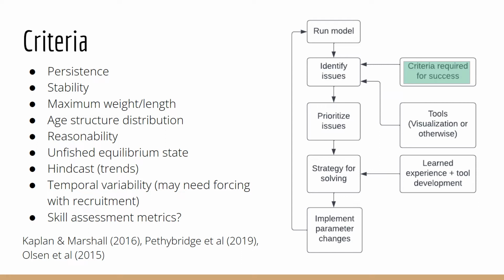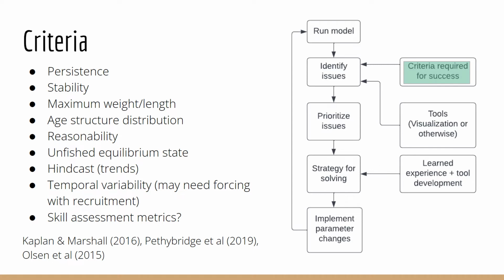So really, each compartment in this flowchart is by itself a complex set of decisions. We've briefly discussed some of the criteria mentioned earlier in the Kaplan paper. However, at this stage in the process, we need to define them for model success. So how are we defining persistence, how are we defining stability, what about the distribution for age,